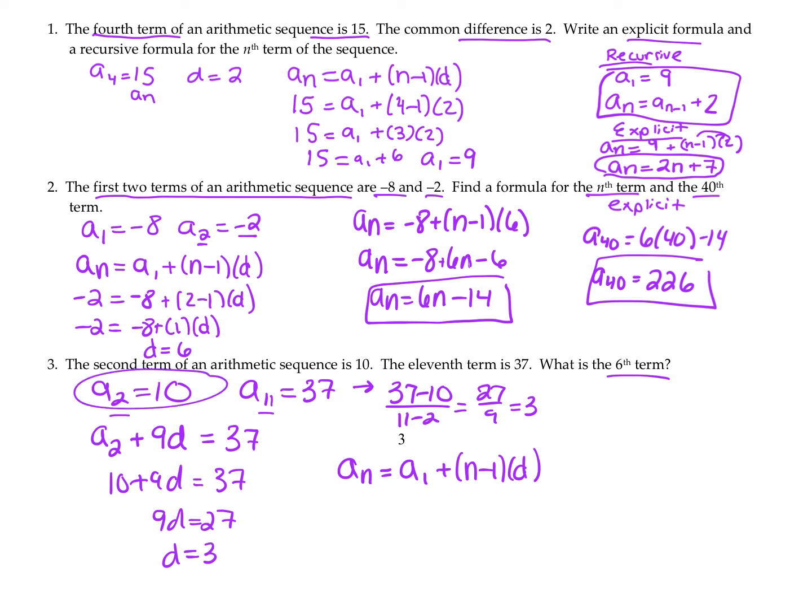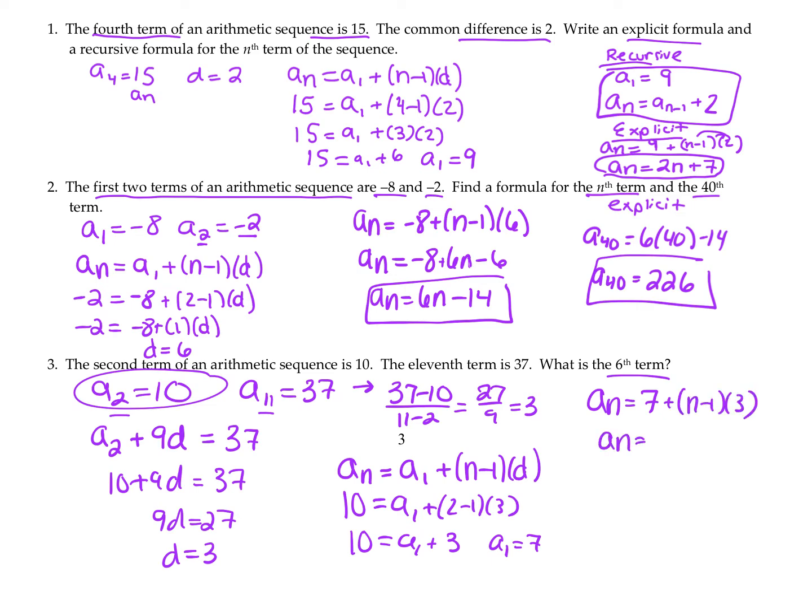So I'm going to use this point. I'm going to say 10 equals a1 plus 2 minus 1 times 3. So 10 equals a1 plus 3. So a1 would equal 7. So my explicit formula would be 7 plus n minus 1 times 3, which when you simplify that would be